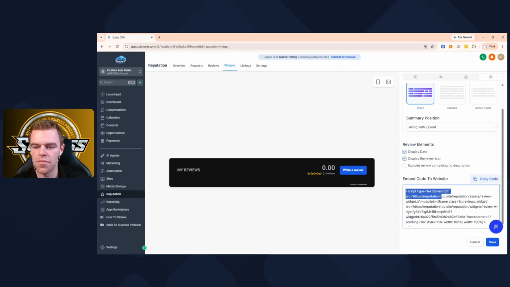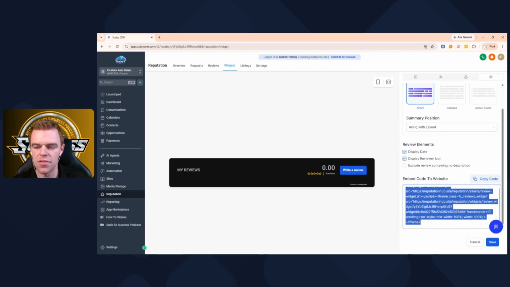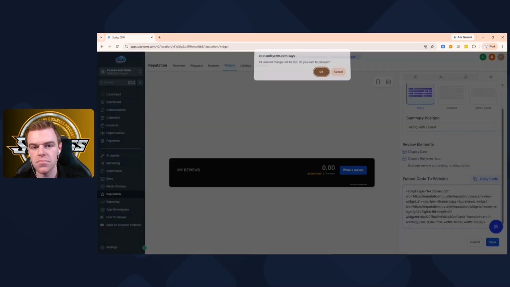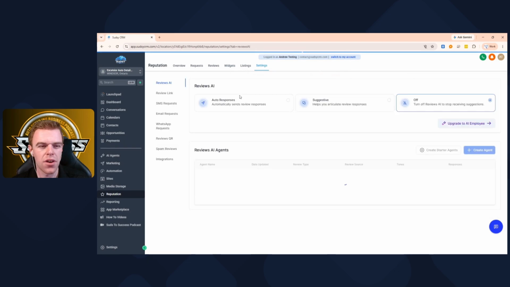This is the code you're going to embed on your website as a HTML code. Once that's on there, or a JavaScript code, once that's on there, it literally will just load for you and just auto updates. You have to touch nothing. So if you want to show your reviews on your website, make a widget. You can do that. I'm just going to skip out of this, kind of go into settings, what